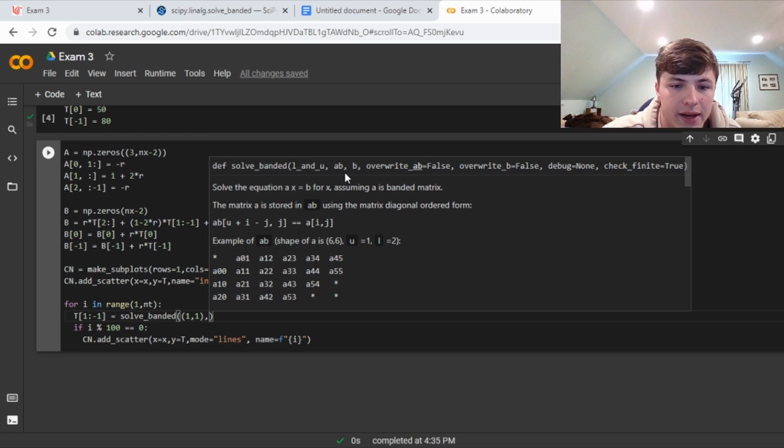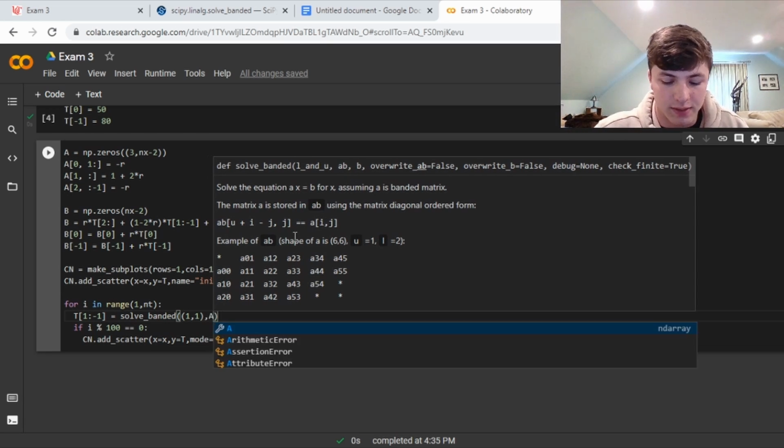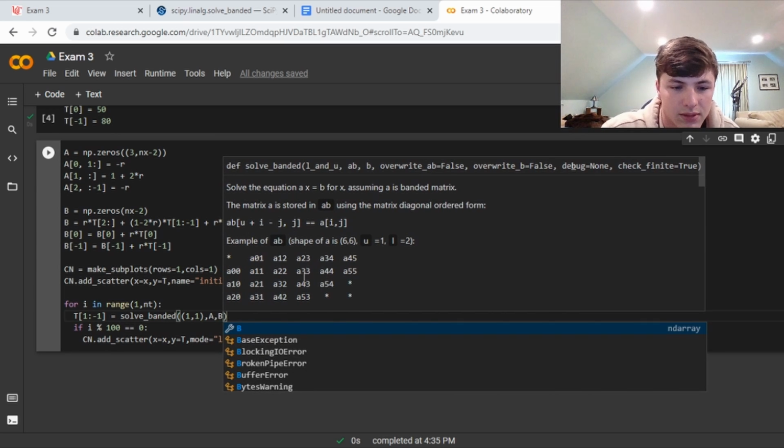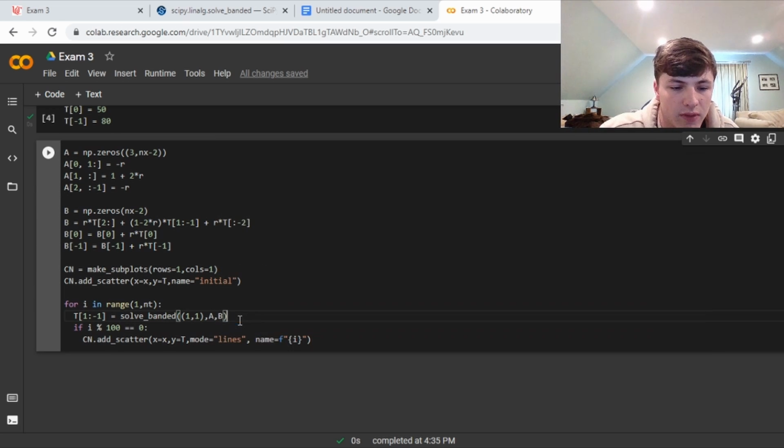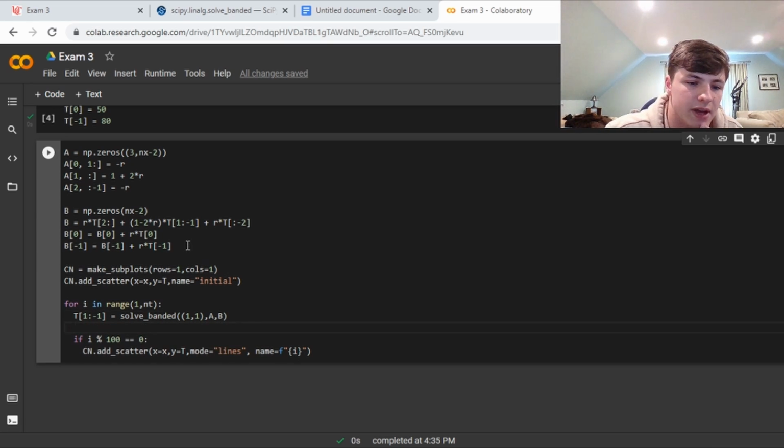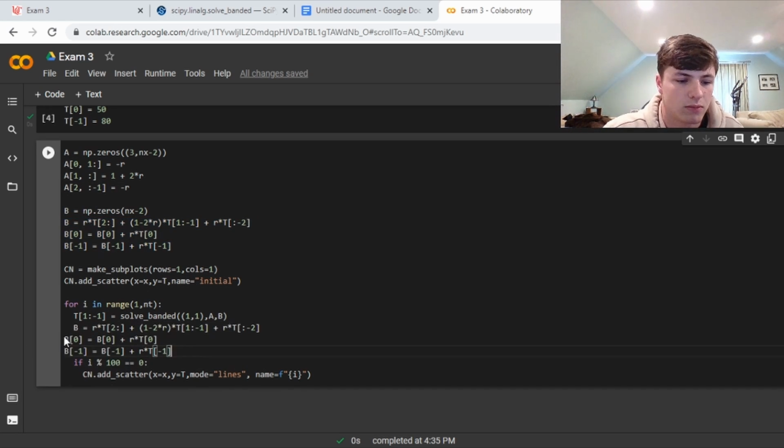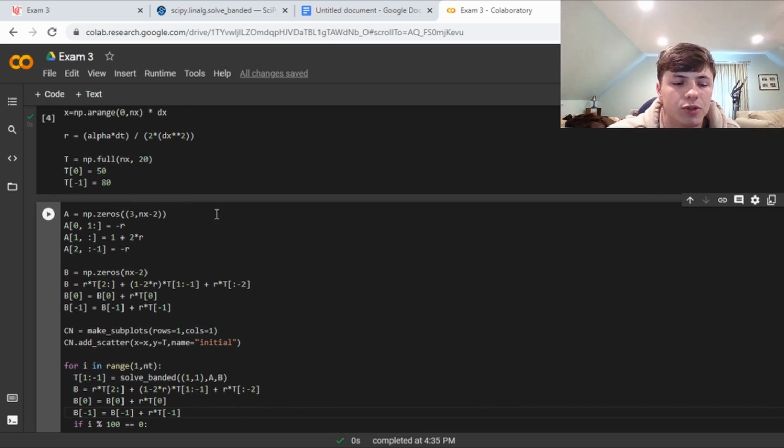And then it's asking for that AB, which is just our A in this instance, and then B. And that's it for that. So then what we want is to move these down because they change. So we can just Control-C, Control-V, indent these correctly. Alright. So this should work, and this will show us the temperature profile as time varies, but for the Crank-Nicholson